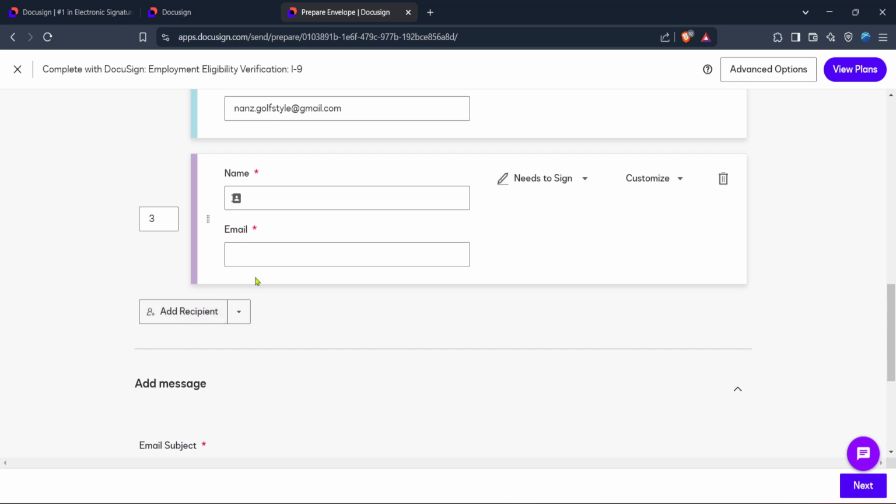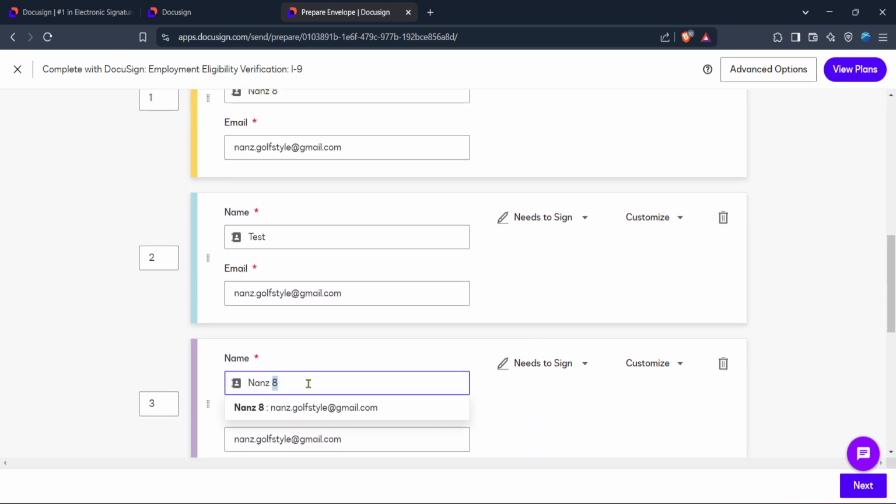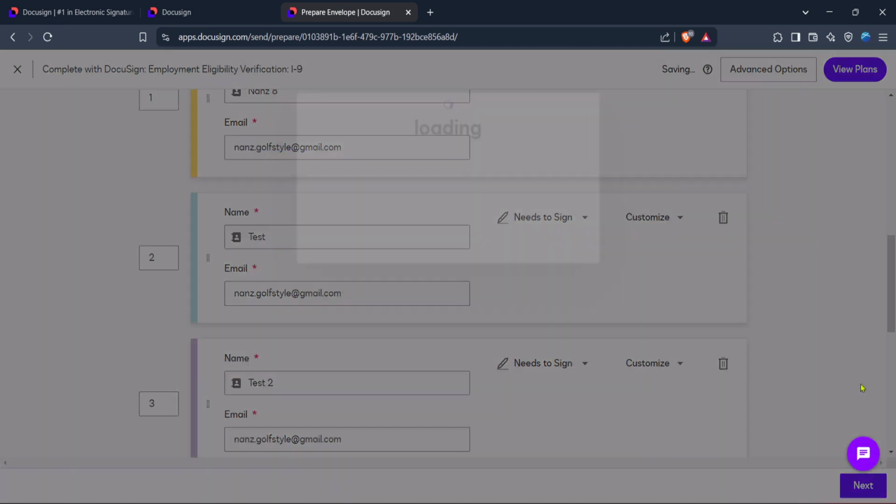And there you have it. A straightforward sequence to assigning signing responsibilities in DocuSign. With these steps, you're not just saving time but also ensuring that your documentation process is as efficient and organized as possible. So go ahead and start with your documents. The more you practice, the more seamlessly you'll handle multiple recipient signing tasks in the future.